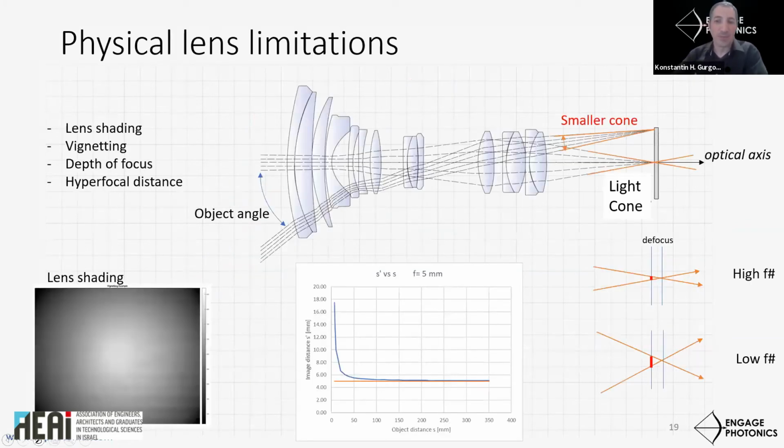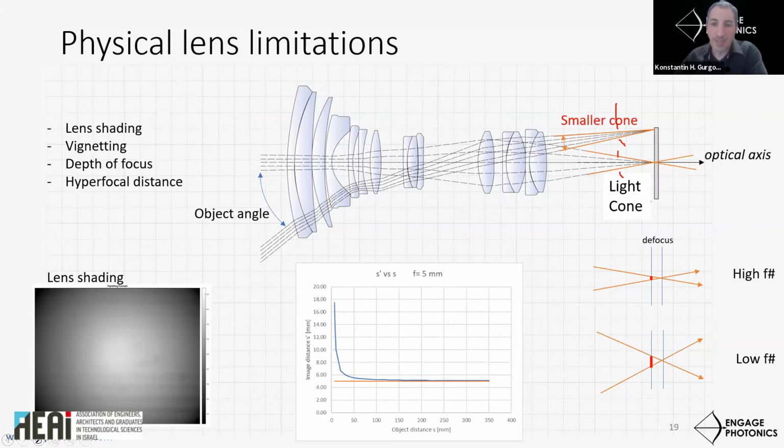So due to a number of reasons, a lens collects less light from an off-axis object. You can see here that this cone of light over here is much larger than the cone of light for an off-axis object in this example.